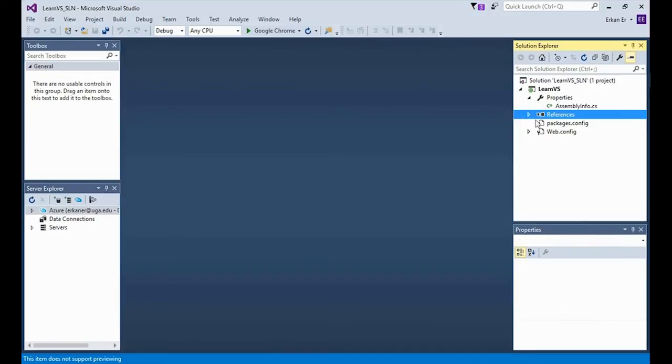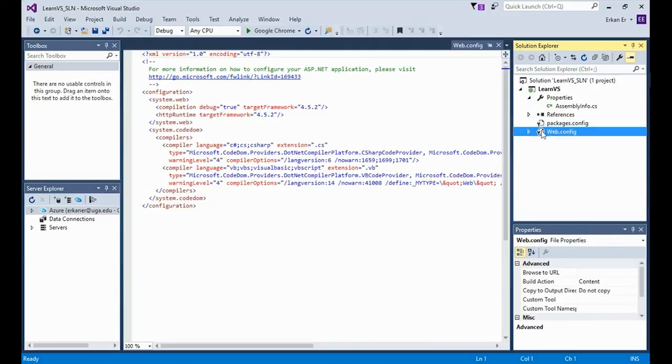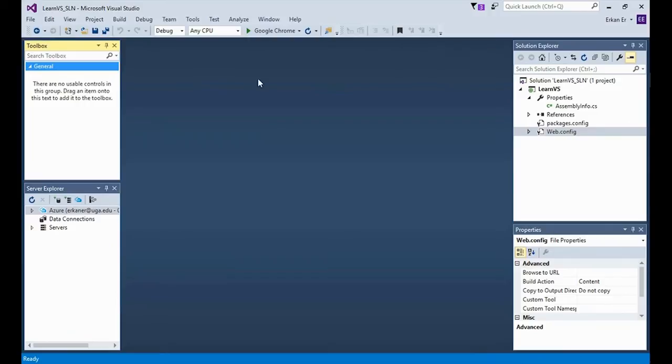Web.config file is the configuration file for your application. For example, with web.config, I can configure session timeouts, determine maximum size for file upload, and add the database connection strings, configure access restrictions to certain files and folders, and you can even do more configurations with web.config.